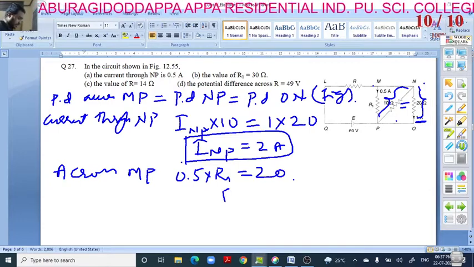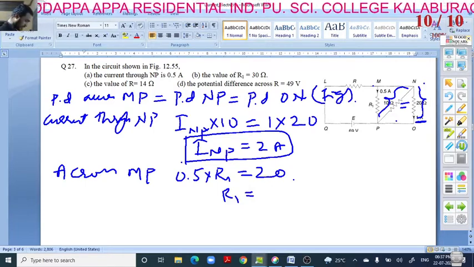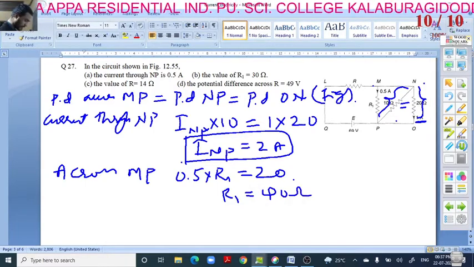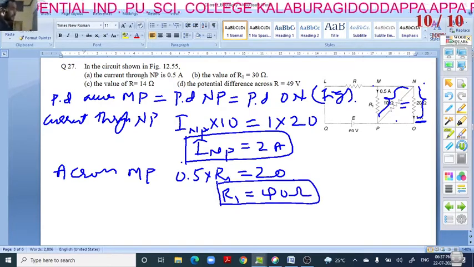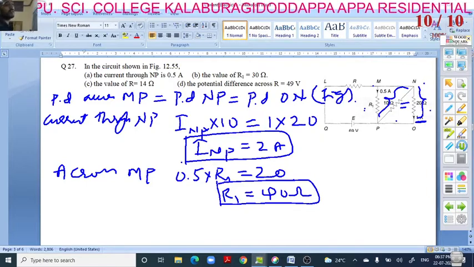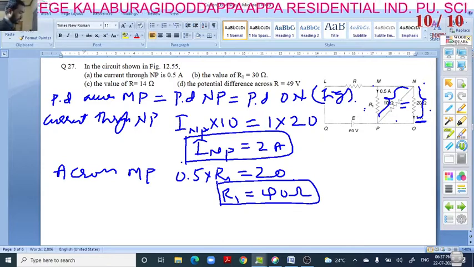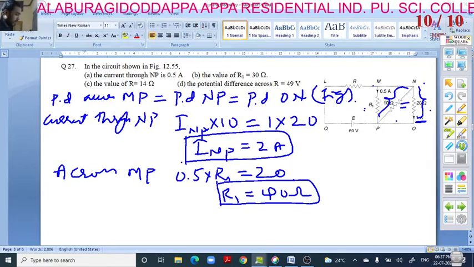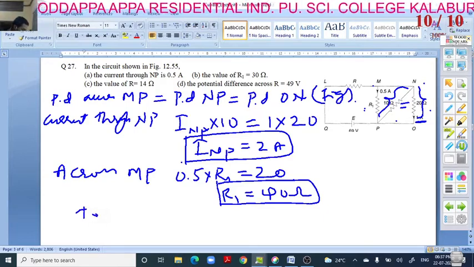Okay, so R1 is equal to, here we will get 40 ohm, right? Here R1 is equal to 40 ohm. However, potential of all are equal, no? So just I have compared here, that's all. Okay, next, see here, that total current